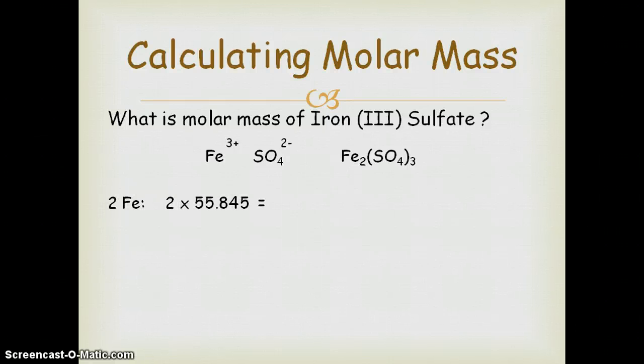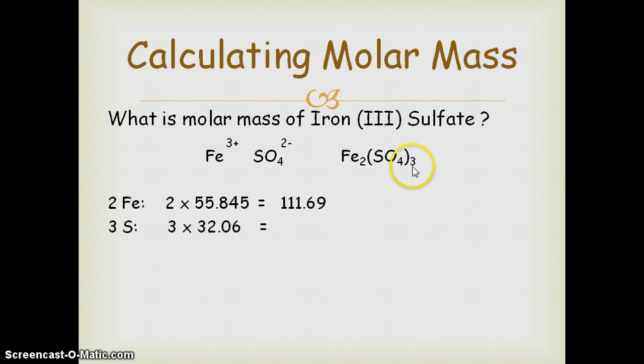So we know we have 2 irons. You have 2 times the molar mass of iron, which is 55.845. Again, we find that number from the periodic table. That gives us a molar mass for our 2 iron atoms of 111.69. Then we have 3 sulfurs,